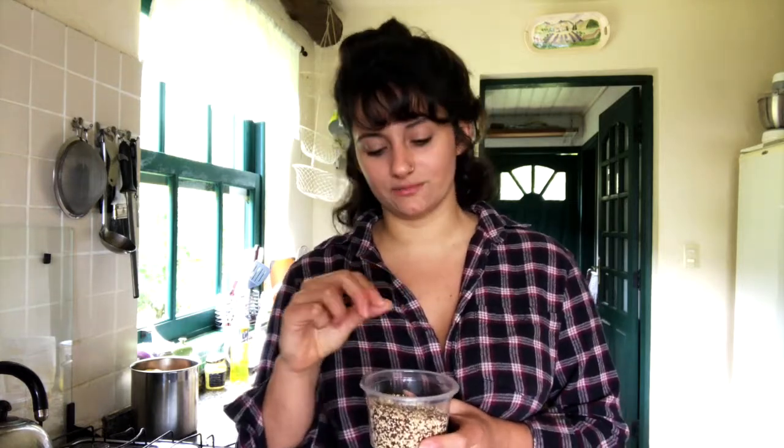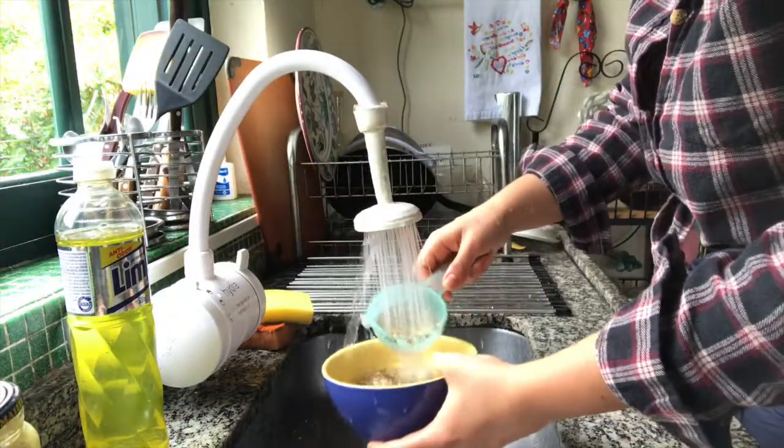So for the quinoa, that's very important. Quinoa usually has, especially when you cook it, an earthy taste to it. So if you don't clean it, at least for a bit, it will get kind of earthy, and it's not completely clean when it comes out of the bag. So it's really important to at least get it a bit wet with water and kind of clean it with just a bit of water, so you get a bit of the dirt out. Okay, so now that we have our quinoa at least cleaned and rinsed,